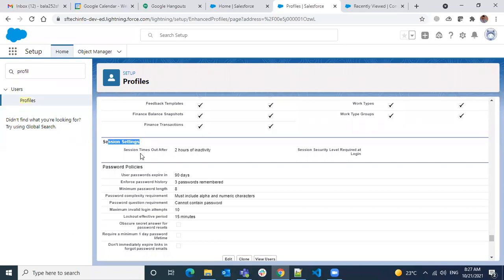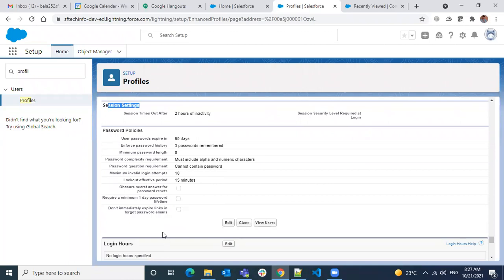Similarly, whatever session related things we have, we can control in the session settings. And these are all password policies, like how you want to expire your password, how long you want to remember your old passwords. That means you have set one password now and you are expiring it after 90 days.